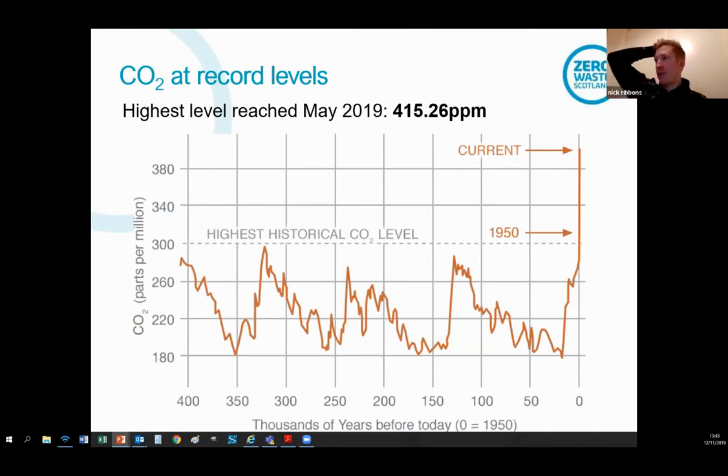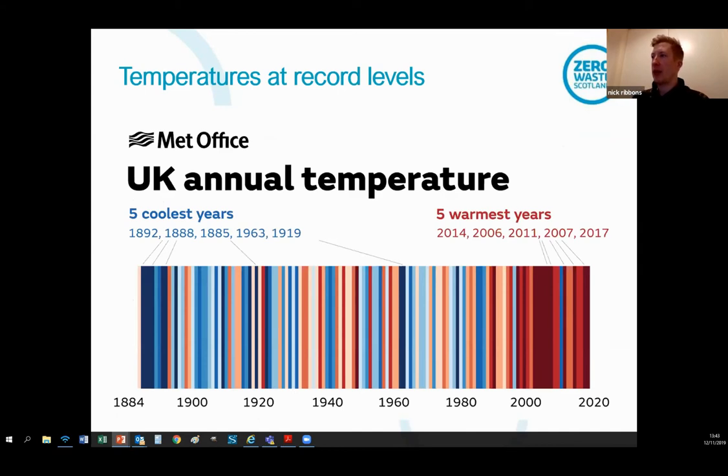This is just an interesting little graph that shows we are having an impact on the CO2 levels in our atmosphere more than we have. This goes back 400,000 years, but actually I think data goes back to around 800,000, and then after that it's a little bit less reliable. But what you can see is that since the Industrial Revolution, we've had a big impact, and that's of course impacted our environment. And the 5 warmest years have happened in the past 20,